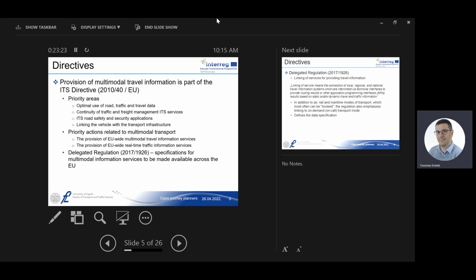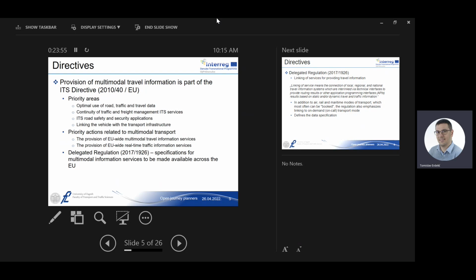The areas are the optimal use of road traffic and travel data. This means that although there are a lot of travel data, they are actually not used optimally, because everybody uses it for their purposes, and there is no such bigger system that tries to optimize this subsystem. The second one is continuity of traffic and freight management IT services, meaning that